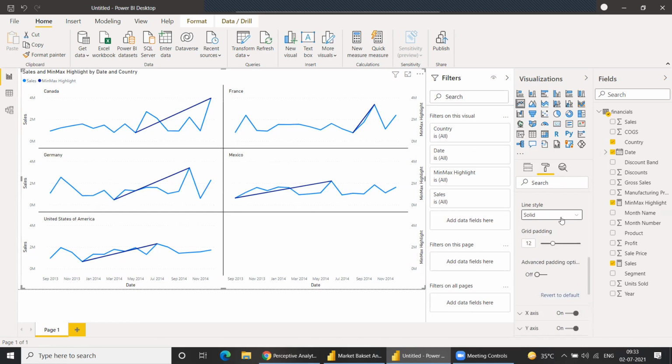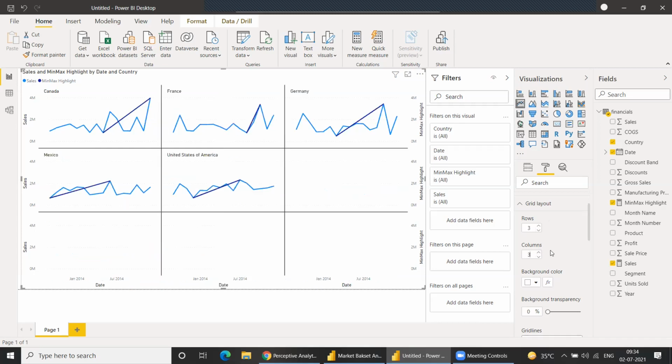Is there any way that we can automate the grid layout instead of manually assigning it? Let's say in future we have data with 2 more countries. In that case, this grid layout will not be sufficient, right? Yeah, then you have to come and manually select the number of rows and columns. If you are expecting around 9, you can just keep it like this.